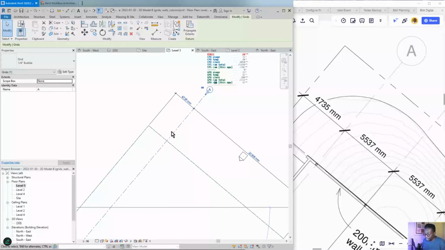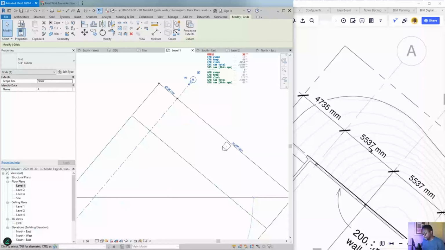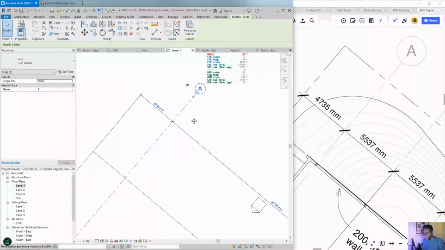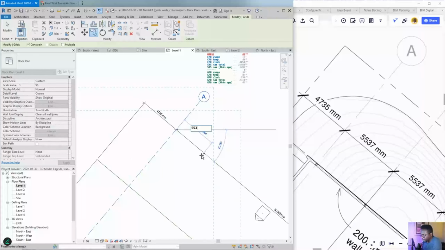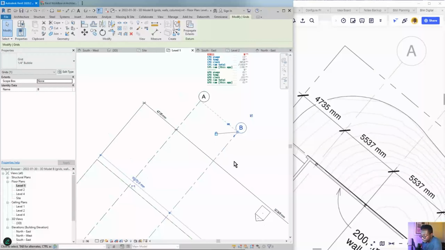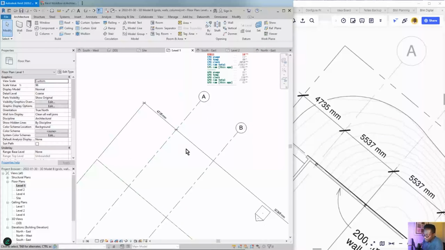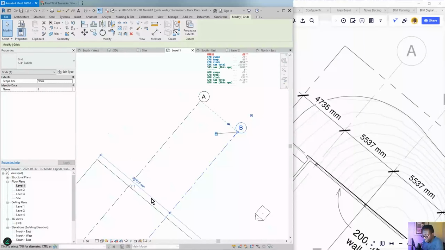There we go. Now I'm going to copy this grid, and of course I can see clearly that when you copy it, what the dimension should be. So I'm going to click on that grid here, and I'm going to use the copy tool, which is here, and I'm just going to copy this down, and it's going to be 5537. There we go. And it automatically named the next grid B. I'm going to delete this dimension here, and